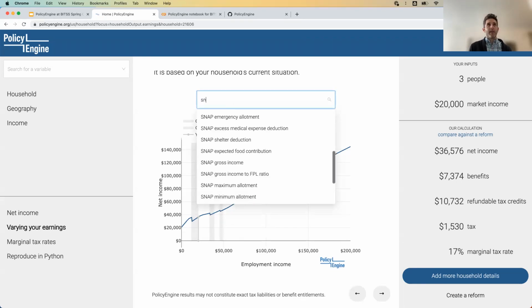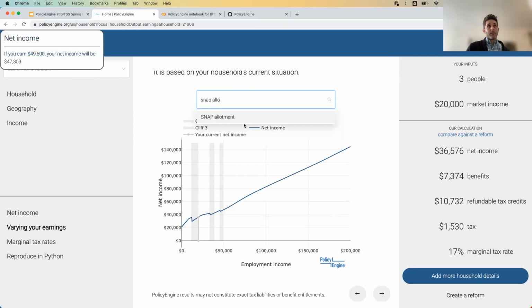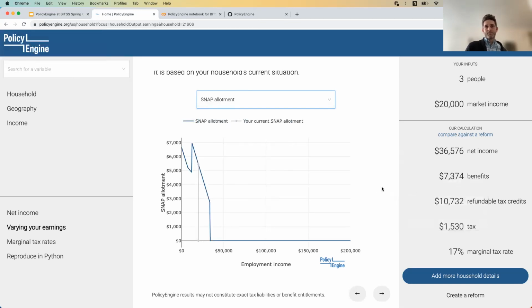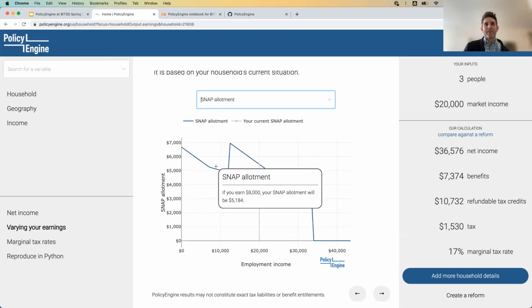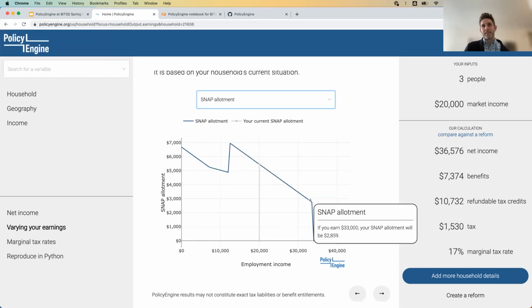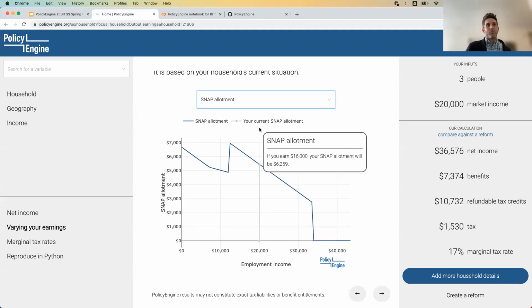So we can drill in and actually look at any of the variables that are in the system. So this has been very helpful for us to identify and just understand how policies work. So this is funky, okay? SNAP actually has a reverse cliff here, and then it has an actual cliff here. So this would be pretty unintuitive.